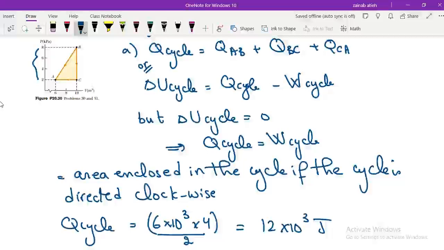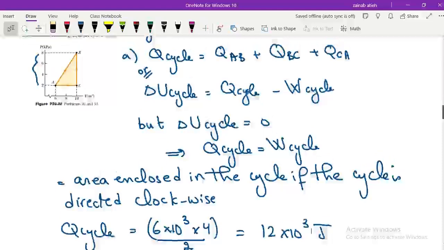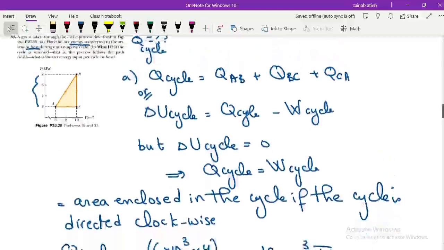So in part B, what does he say? He says, what if the cycle is reversed, that is, the process follows the path ACBA. So the arrows are reversed, so instead of rotating clockwise I will be rotating anti-clockwise. What is the net energy input per cycle by heat? So we have to find Q for the cycle in case the